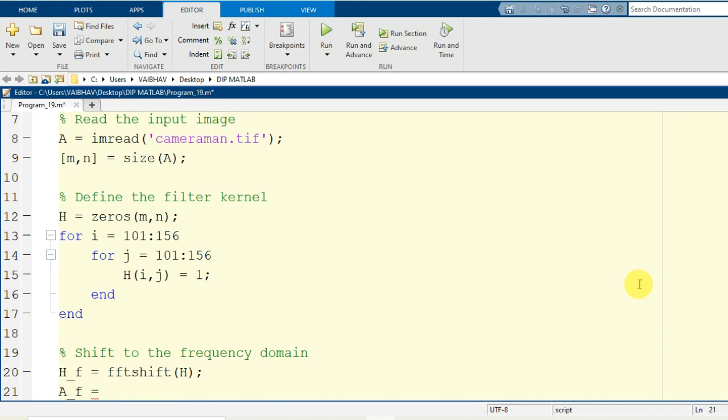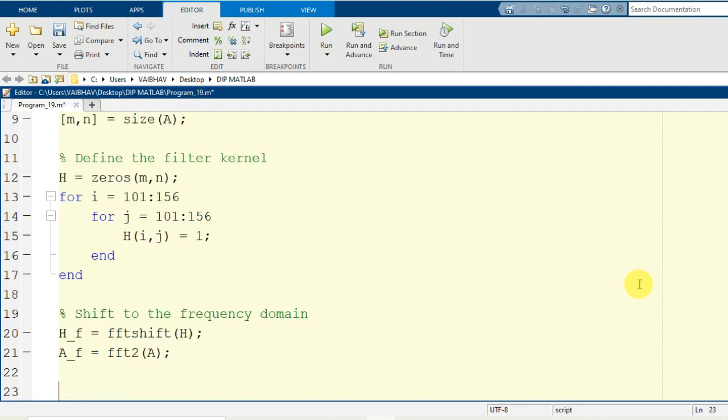So direct transformation, that is DFT, basically the fast Fourier transform, the efficient realization of the same. fft2 is the MATLAB syntax and the input argument is capital A here. So both the image information and the filter kernel are shifted to the frequency domain.